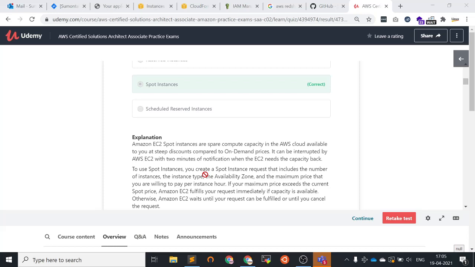It can be interrupted by Amazon EC2 with two minutes of notice when EC2 needs the capacity back.